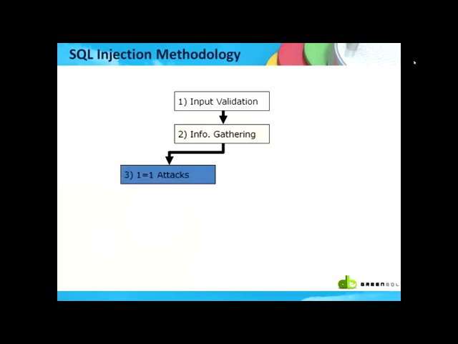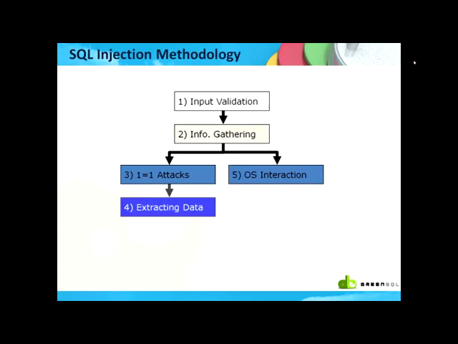From info gathering, he will try to run a successful attack, but also will try to run some sort of operating system interaction. Which means if I am able to run commands that provide me information from your operating system, it gives me an additional layer of attackability. I will then be able to start extracting data from the database, or I will have the option to run a successful command inside of your operating system. And it doesn't matter if it's a Linux or a Windows operating system, the database access to your operating system will provide me the option to run commands.